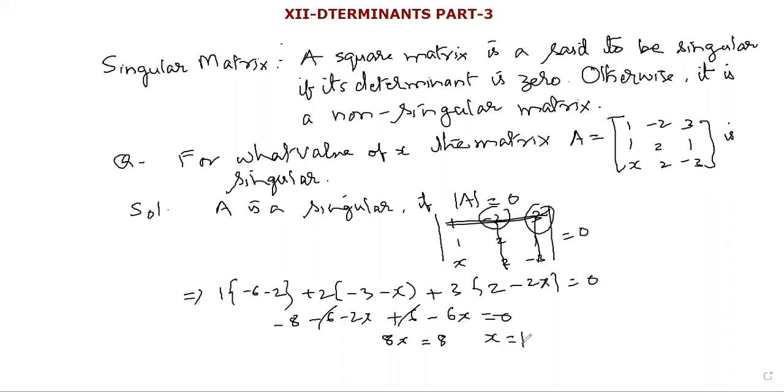So generally, if we have to find the value of x, then we can equate the determinant to 0 if it is a singular matrix. So the next question is the same, only the matrix is different. You have to find the value of x. That is for you to do the practice. This one, you will solve as homework.